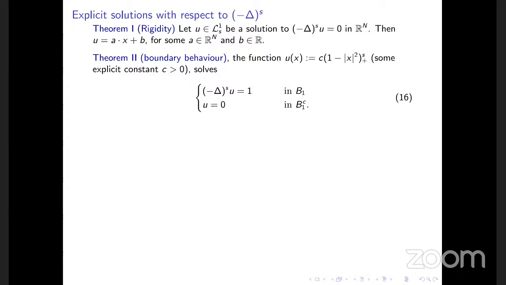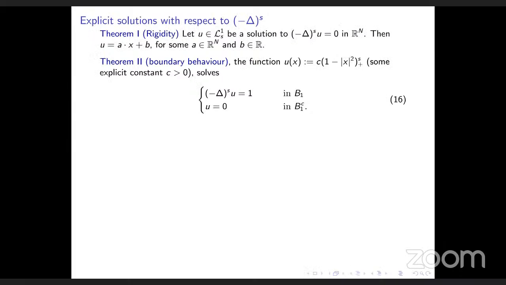They computed the expectation of the first exit time of the ball for the stable process that generates the fractional Laplacian. And in this case, they obtained that in fact the expectation of the first exit time is given precisely by this function u of x equals 1 minus |x|^2 to the power s,